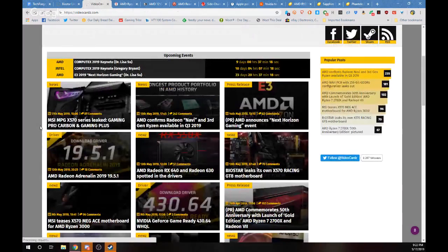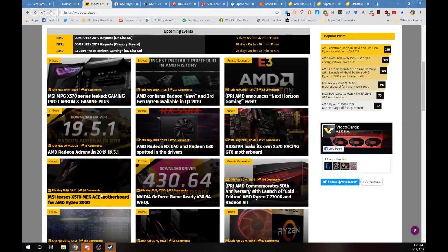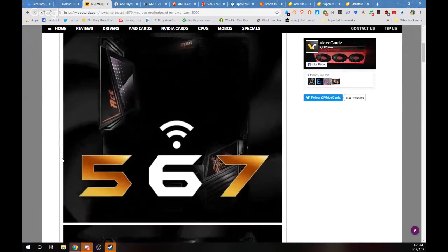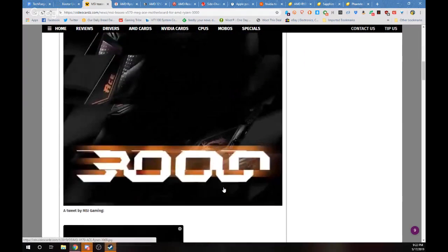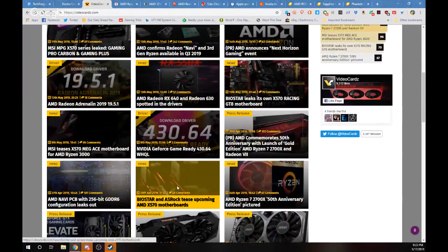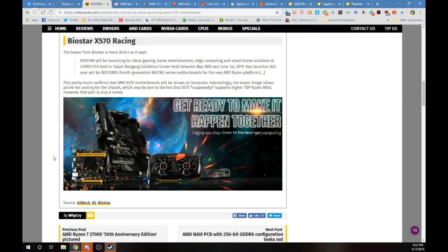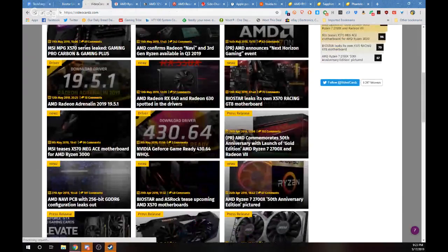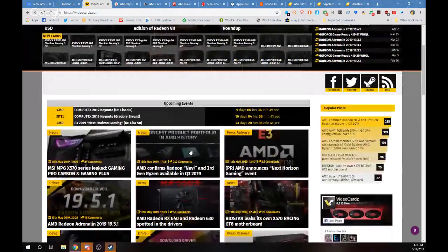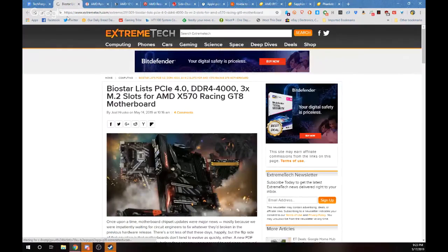Interesting. Let's see. There's a couple others that have released photos. This was also MSI. It was the MSI X570 Ace. These were some teaser images. Biostar and ASRock also did. I wanted to say there was at least one other one, but there have been multiple pictures and multiple teased images of X570 motherboards with chipset fans, which is why I ask,